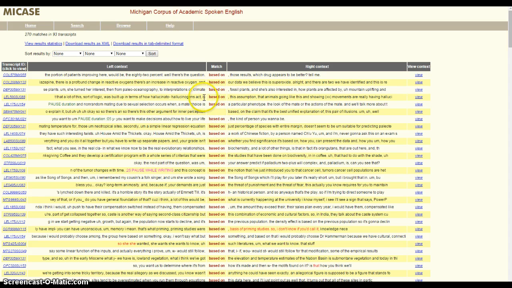A verb that collocates with it is be, were, a form of the be verb. And this is often used in research. So we'll see things like results, data. So that's how we can use based on. In your notebook, write 3 example sentences using the word based on. Please pause the video to do this.